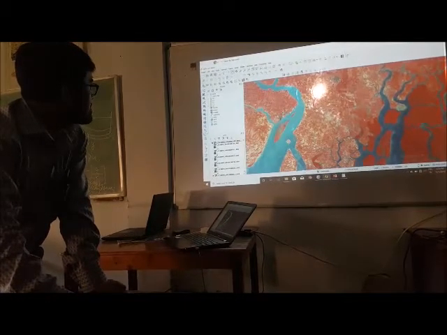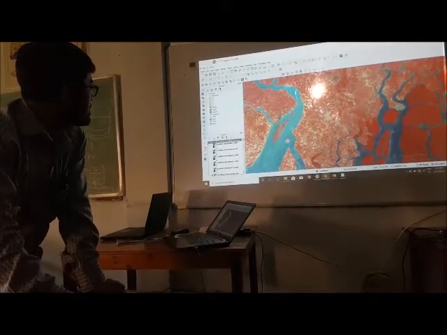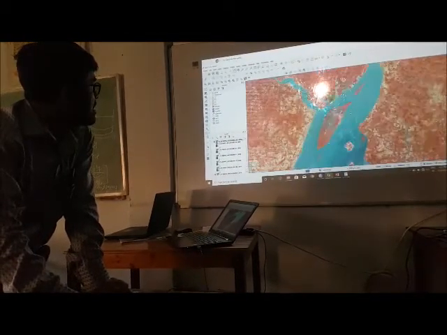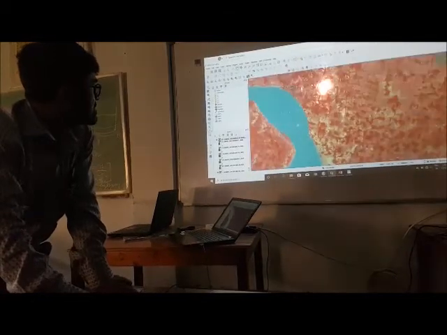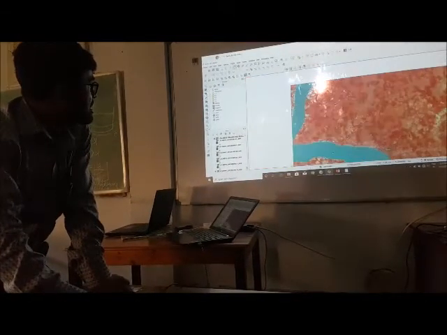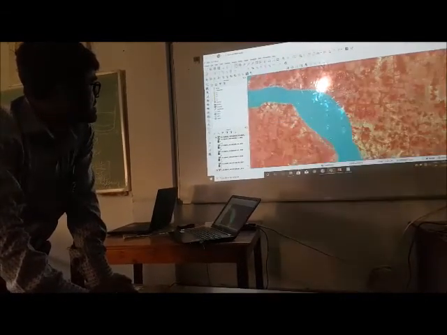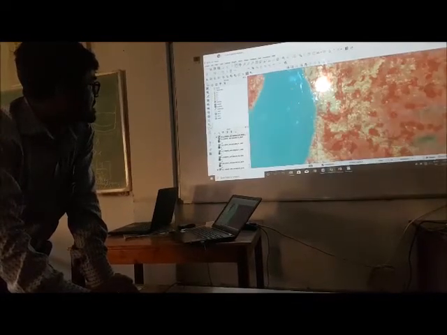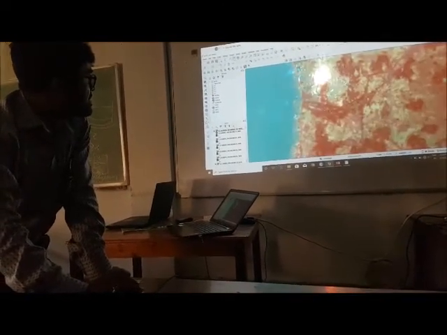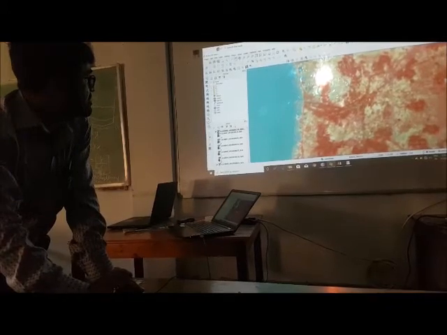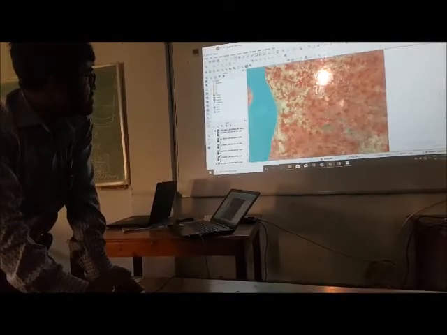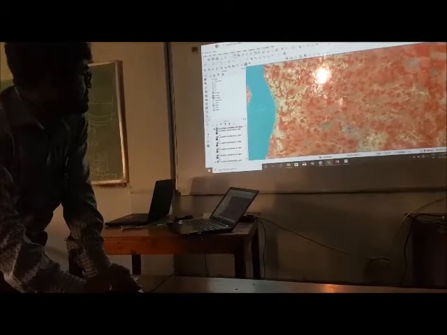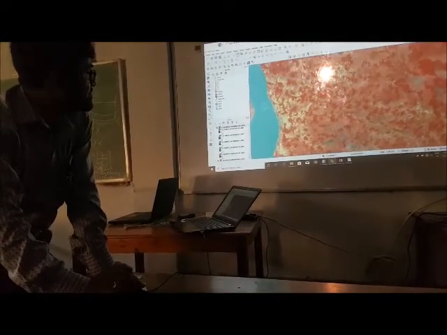Now the condition of this area is this: this is the water body, which in standard false color appears in blue, and the settlement parts appear like this. These are rural settlements. Different small villages are there, so different red patches are there.